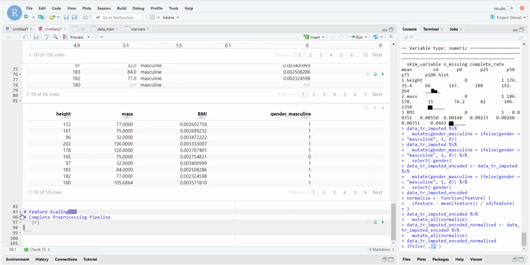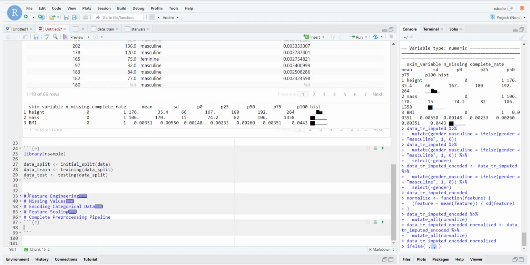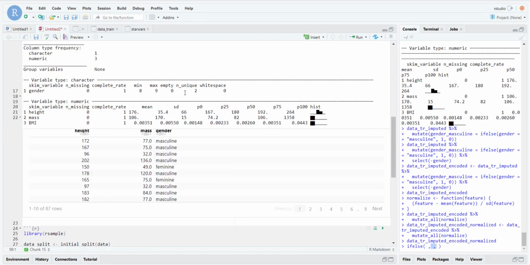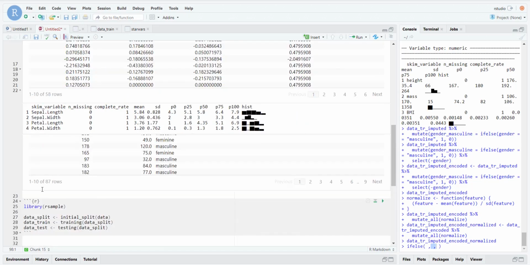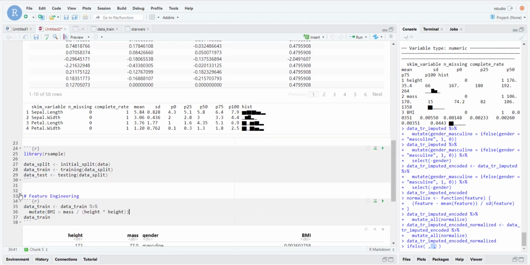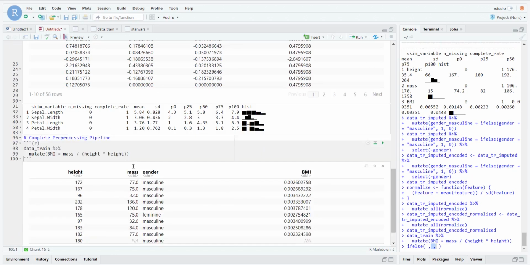So to do that, let's start with what we initially started with. So the first step we did was feature engineering, right? So we started with this step. So let's take this and let's collapse this. So we start with this step. So this step creates a new feature. And then